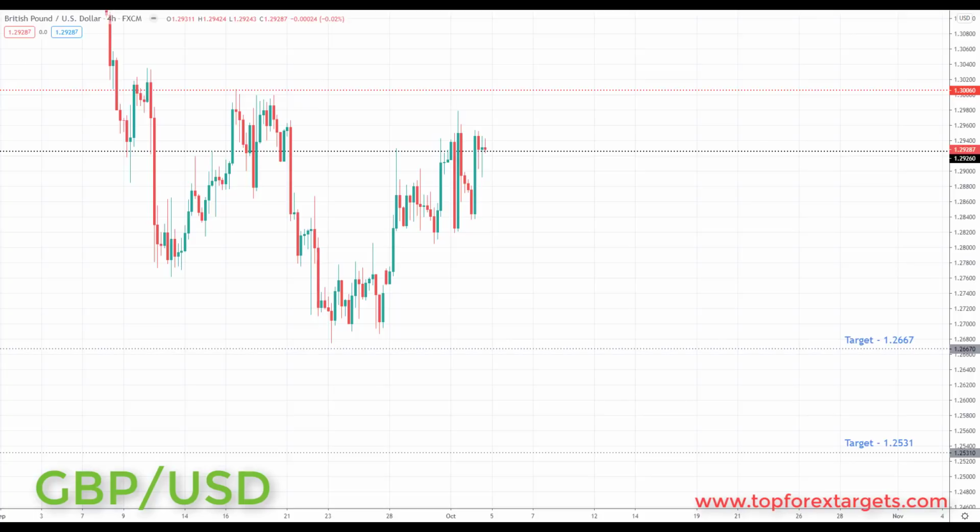So the next market we're going to look at is pound dollar. Now last week we started the week right here and we were looking for a pullback towards the 1.29260 highlighted in last week's video, and we did have a nice pullback into this key area of resistance highlighted last week.